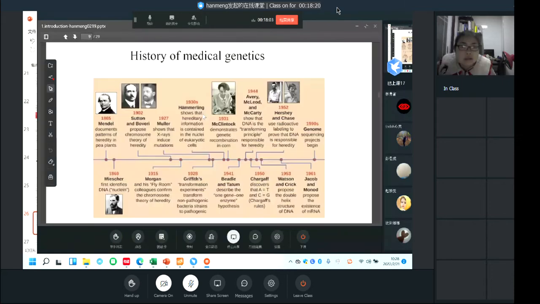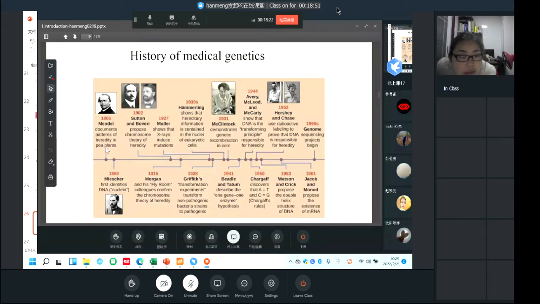The most famous man is Mendel. He documented the patterns of heredity in pea plants. Then there is Morgan and his fly room colleagues, who confirmed the chromosome theory of heredity, and